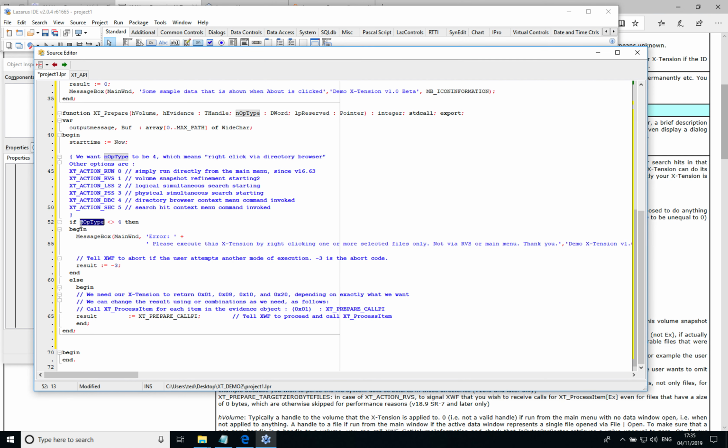If it's anything other than 4, then don't run, is basically what it's saying. Otherwise, if it is 4, then please return the result for XTPrepare. The result that we want to be in this particular extension is to call process item. So you might be saying, well, where did you just get call process item from that value there? XTPrepare call PI is the return value that corresponds to,